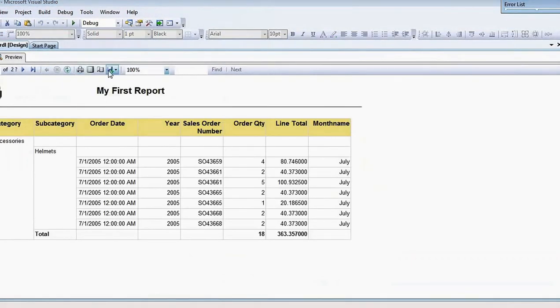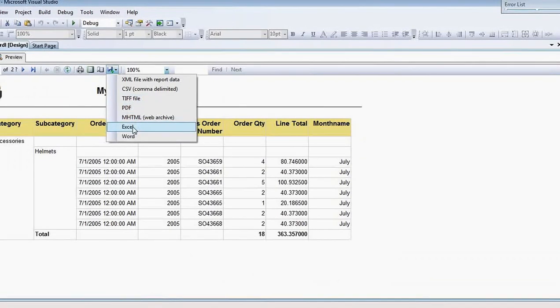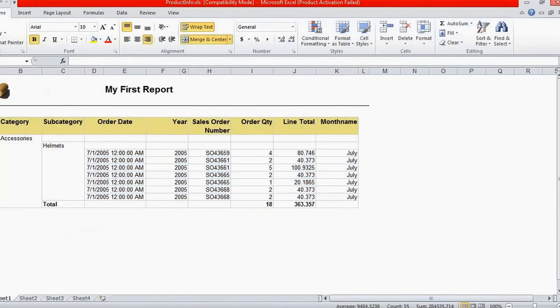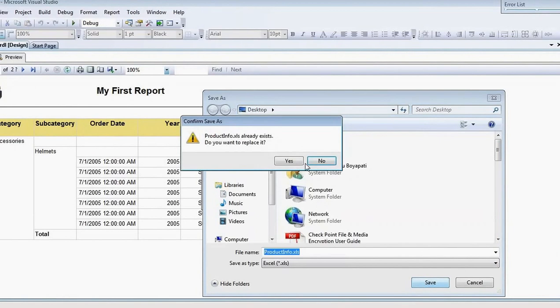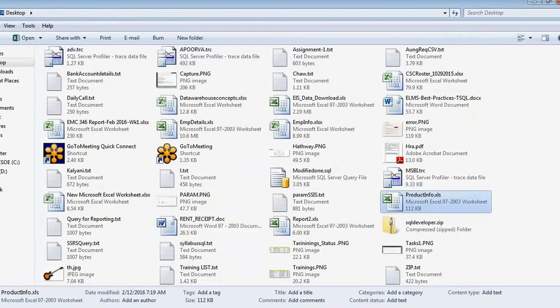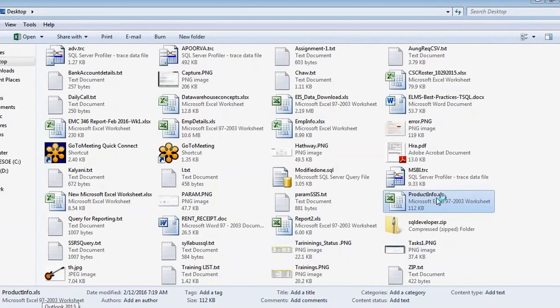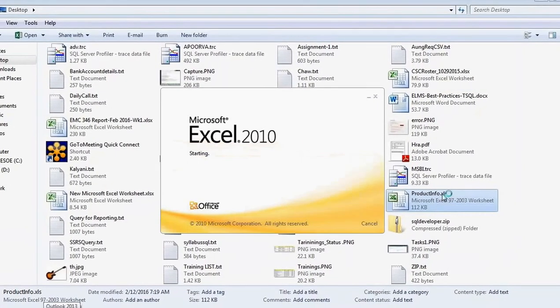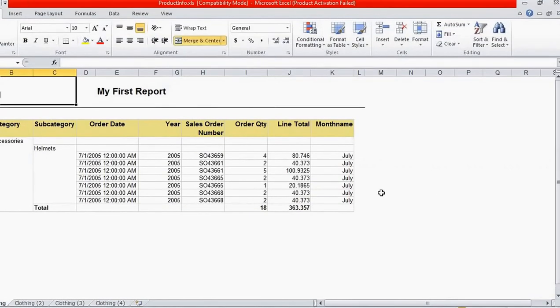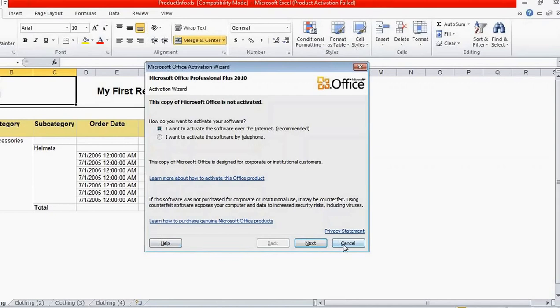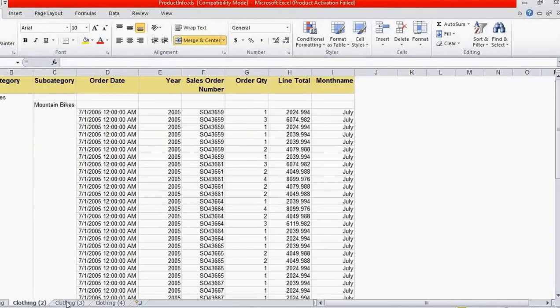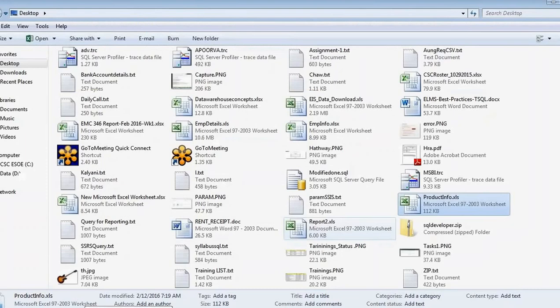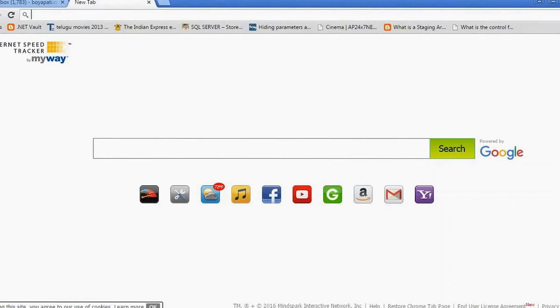Excel. Close it. Save it. So it is repeating clothing, clothing, clothing, right? So that's wrong. So you have to make that name as